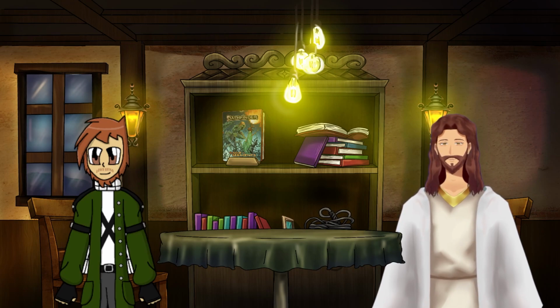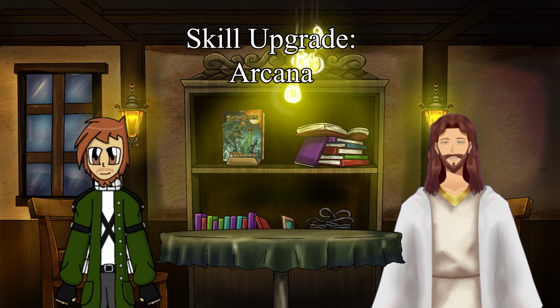So for level 7, we're going to go ahead and give her trained in Arcana, so that means she has more knowledge of magic. And we're going to give her...